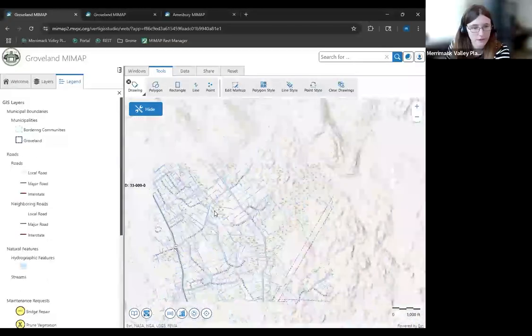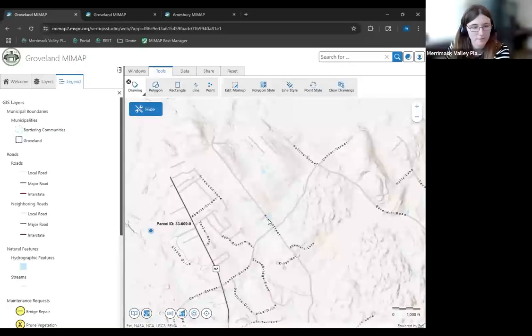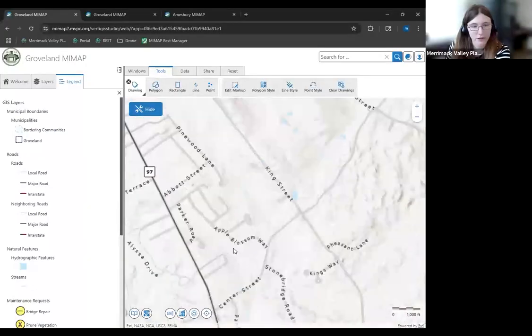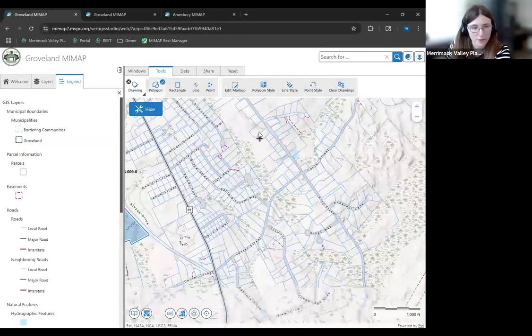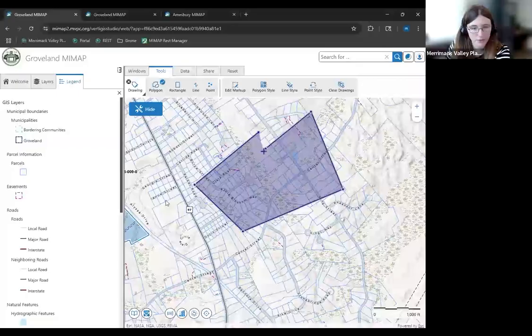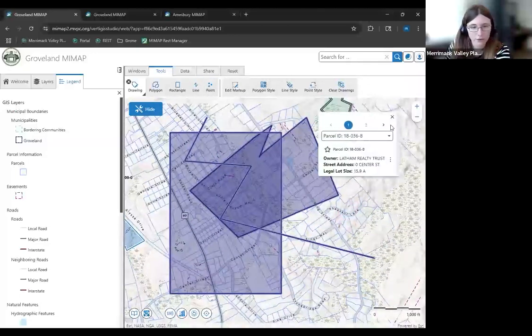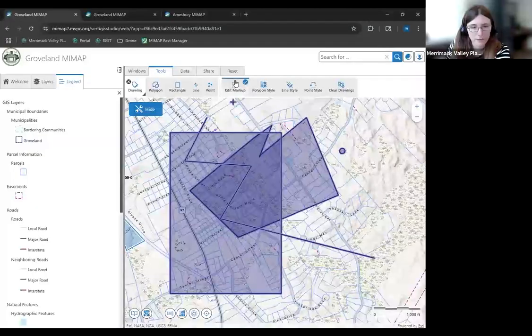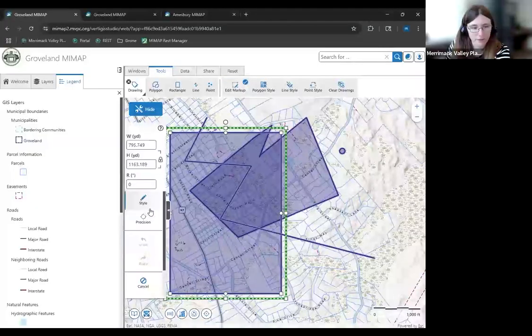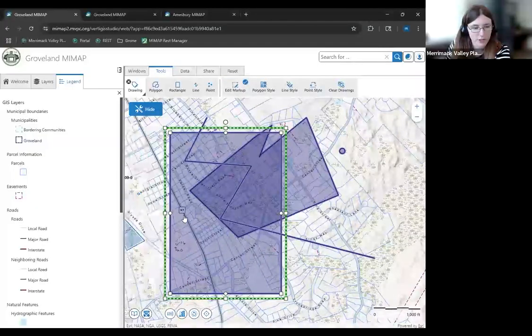Drawing was a feature that was noted as something commonly used when we sent out a survey a while ago. So you can draw on the map and draw anything you really want. Double click closes and ends the drawing. You can draw lines, polygons, points, and so on and so forth. But if you want to go back and edit them, you can click edit markup and just click on what you want to edit, and you can change how it looks.